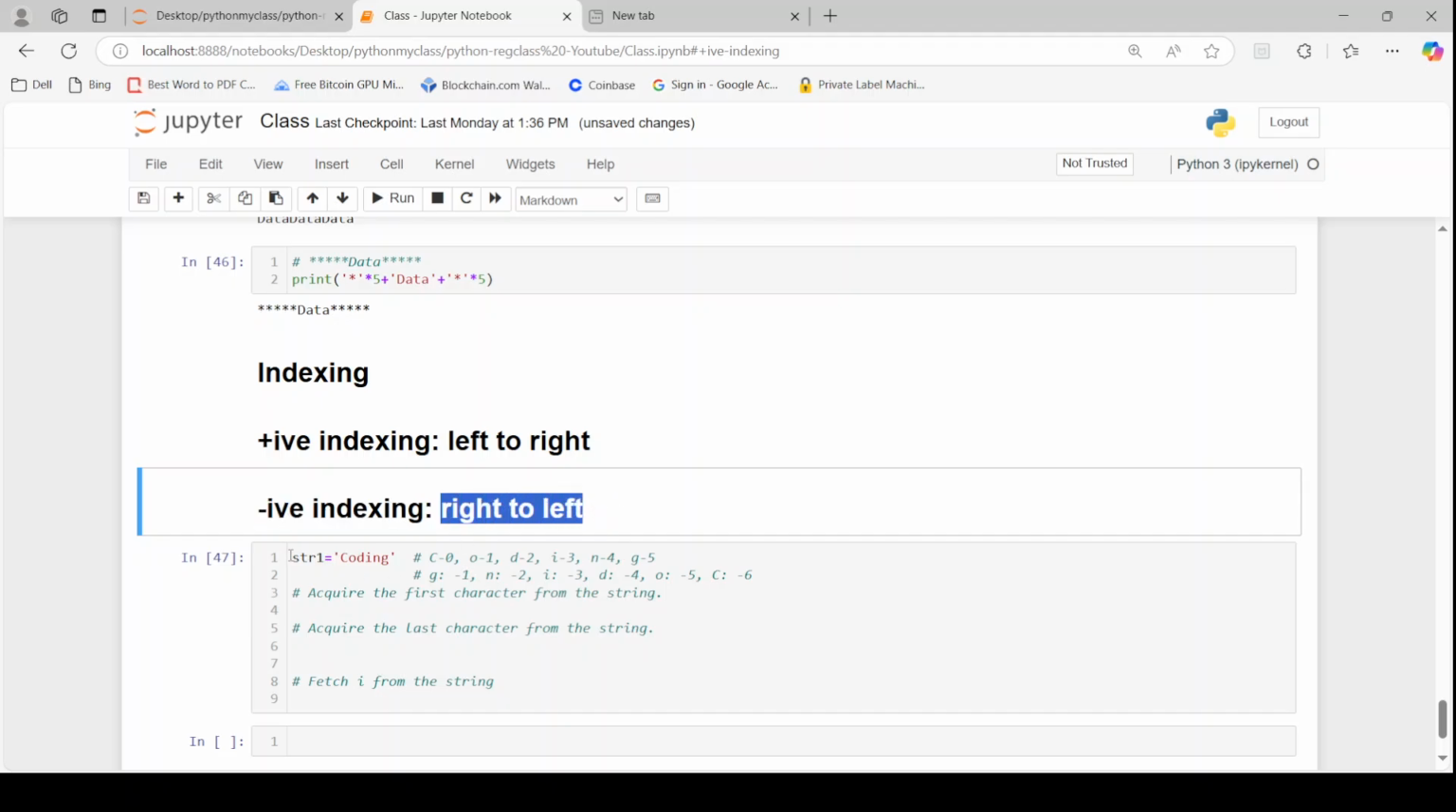Now this is my string value. str1 is the variable. Inside this I store the string value. And what is this word? The string value is nothing but your coding. Okay. And please remember that